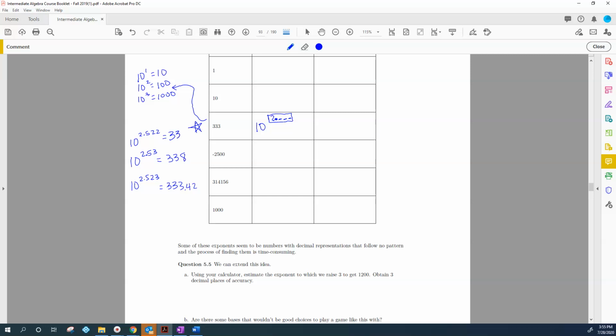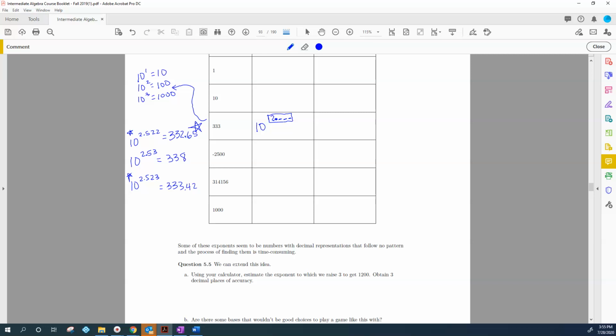$332.659. Okay, so that would round up to 333, right? So it's really between probably these two. If we took it out one more decimal place, it would actually be more accurate, right? But what I want you to see with this, before we go, is